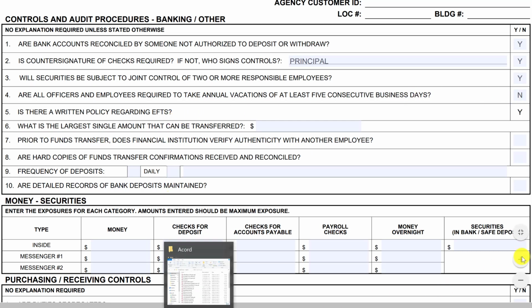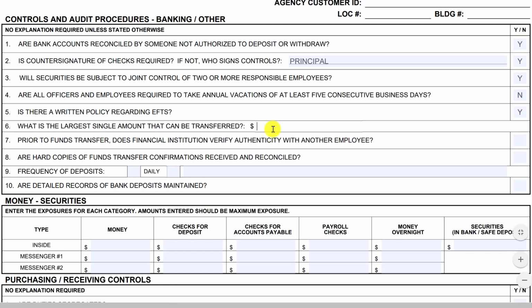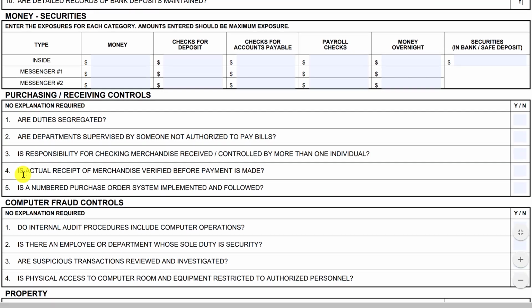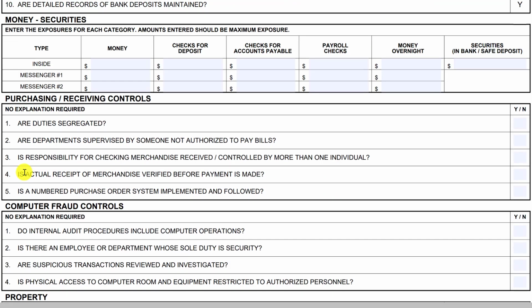There should be a written policy for EFTs. The largest single amount that can be transferred, let's say, is $100,000. Okay. All right, this should be yes. Yes. Frequency of deposits, we'll just say is daily. Are detailed records kept? Yes. Detailed yes, okay. All right, man, we are flying. Money and securities, enter the exposures for each category. Okay, so,